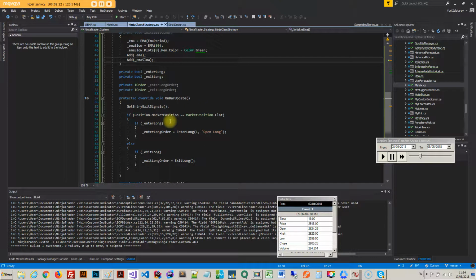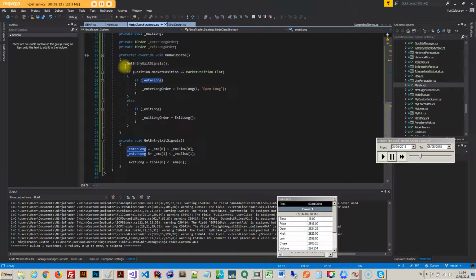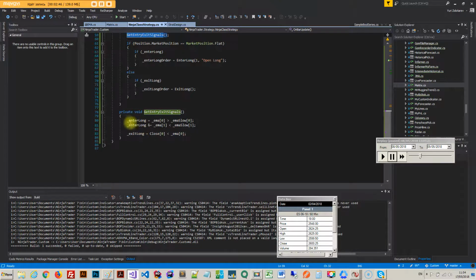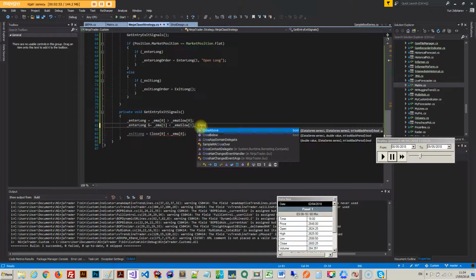So now I created two boolean variables, which are either true or false on every bar close. Enter long. Here's a little method that gets the entry and exit signal set right on bar close, after which I make my decision of whether I want to enter or exit the market. When this method executes, I watch for a simple rule for a crossover. There might actually be a cross above and cross below method